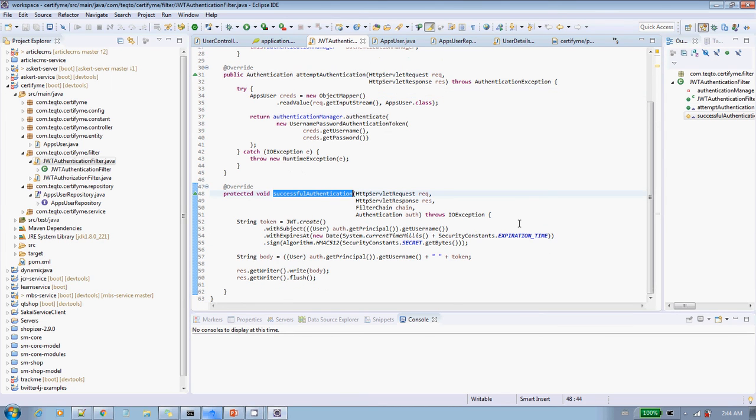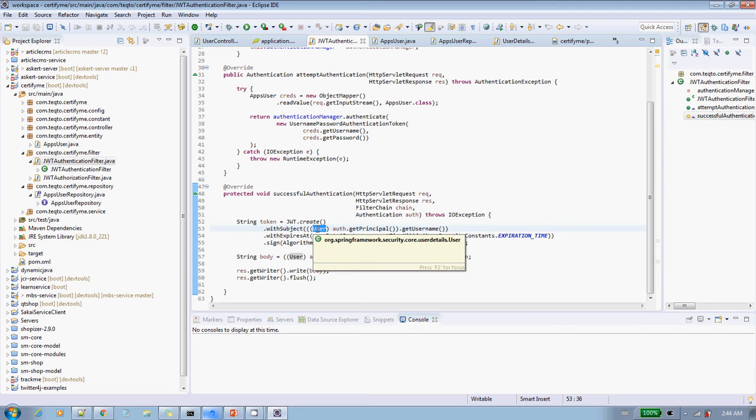So suppose the authentication is successful, then we try to create a token. We create the token with the JWT, and we are going to apply the token with the user. This user is supported by the Spring security framework.